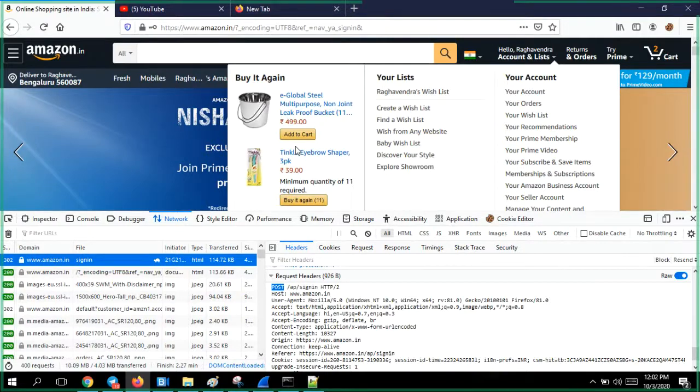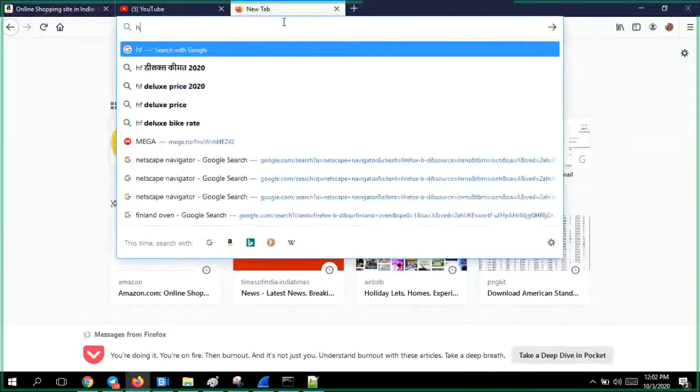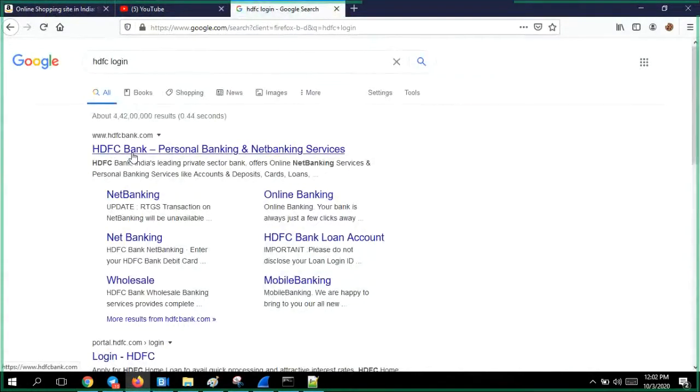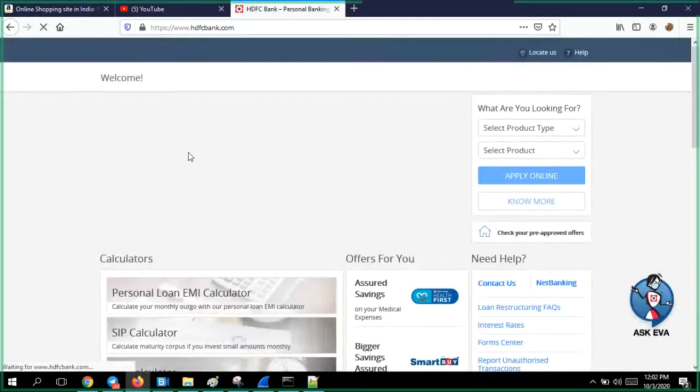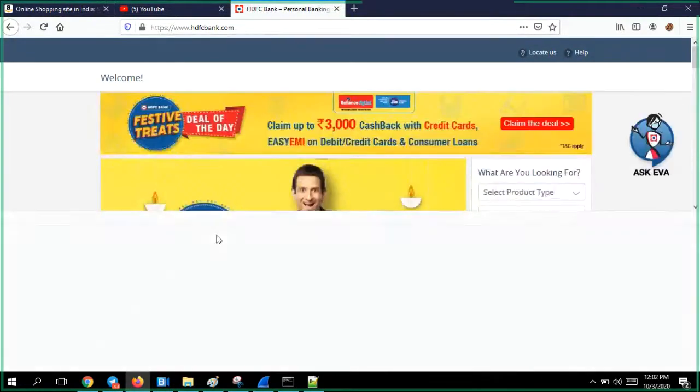If I say HDFC, the login web page will be there, right? This is the same whether for you or me or anyone. Right click, inspect, important concepts.